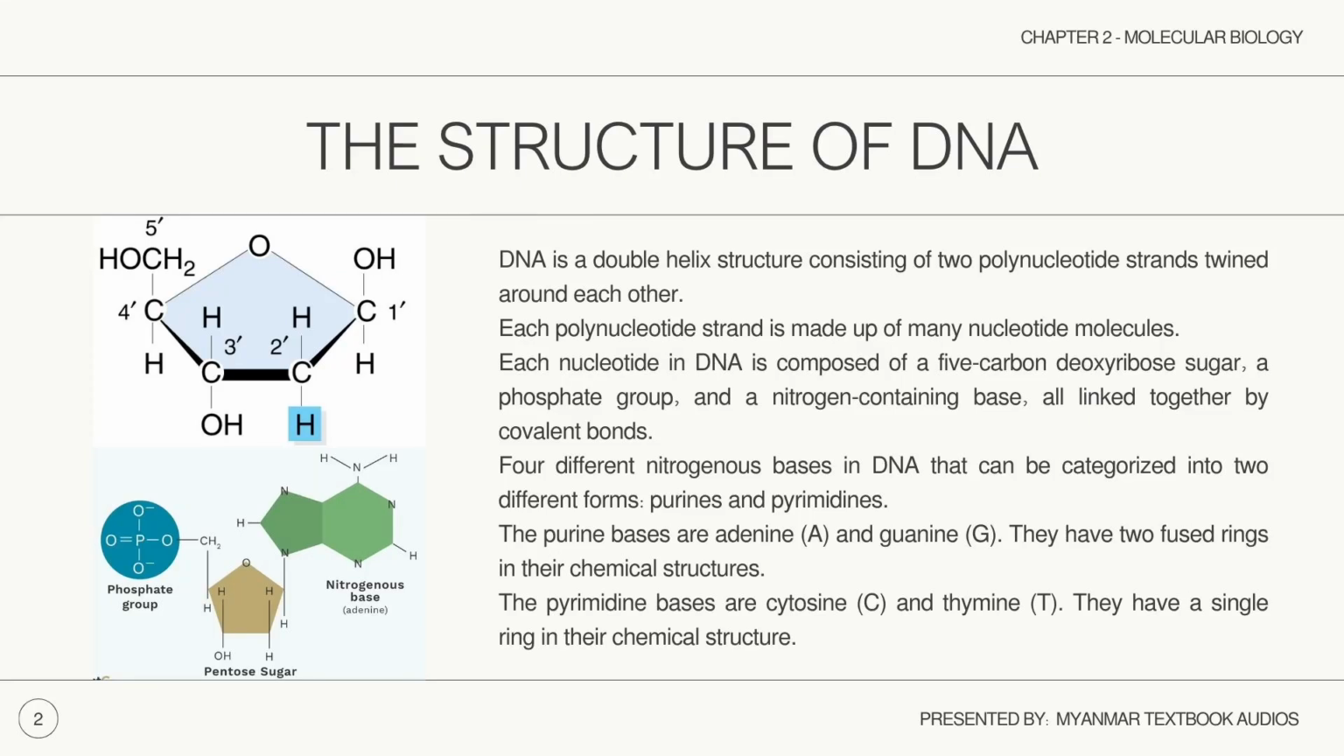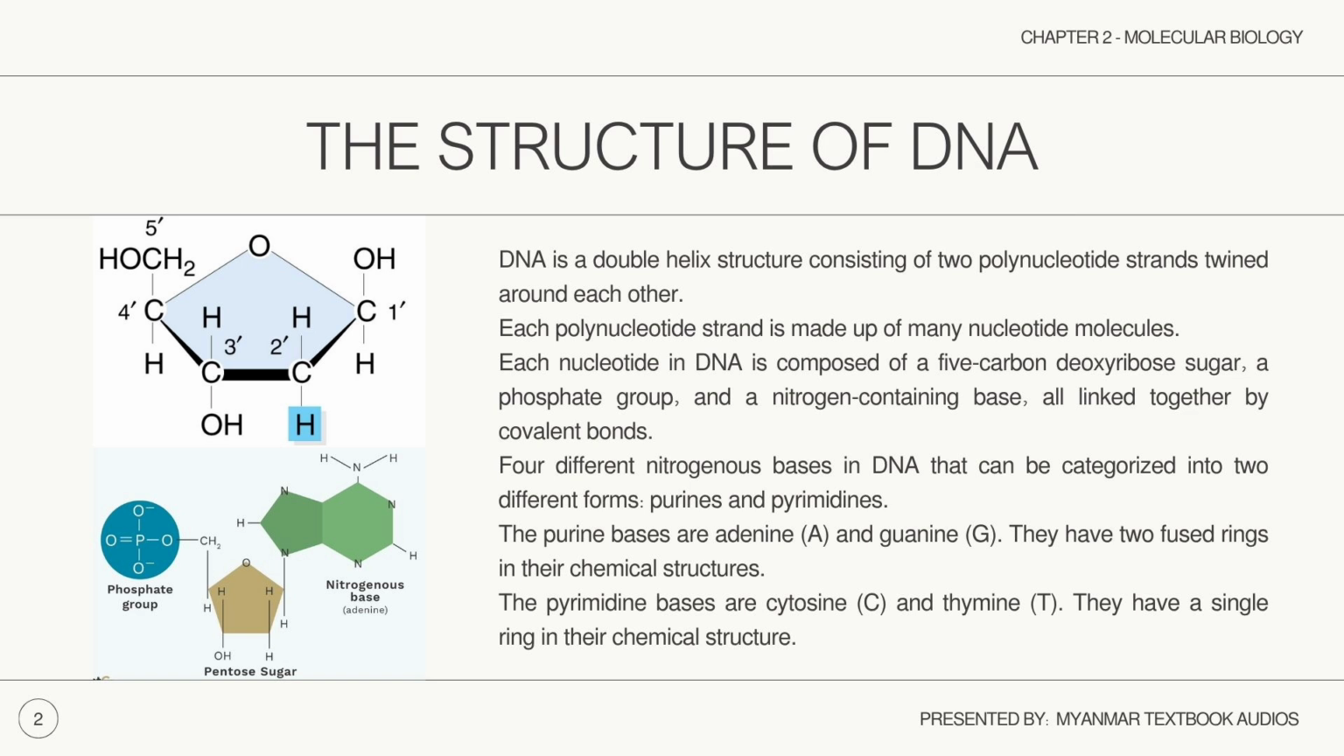The structure of DNA. DNA is a double helix structure consisting of two polynucleotide strands twined around each other. Each polynucleotide strand is made up of many nucleotide molecules. Each nucleotide in DNA is composed of a 5-carbon deoxyribose sugar, a phosphate group, and a nitrogen-containing base, all linked